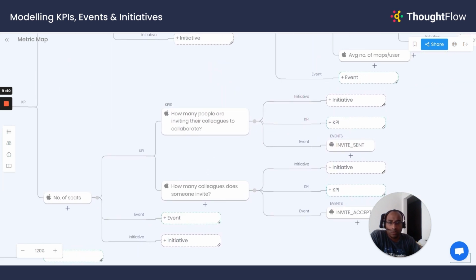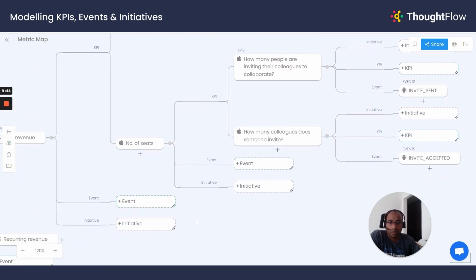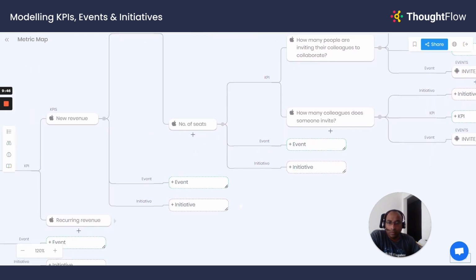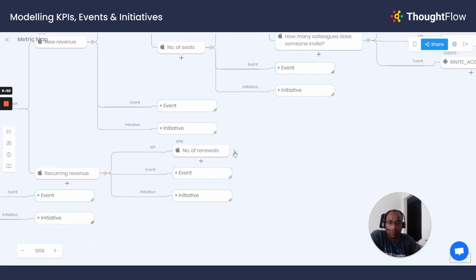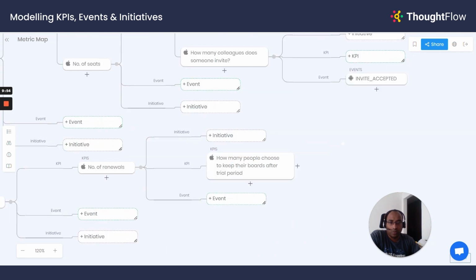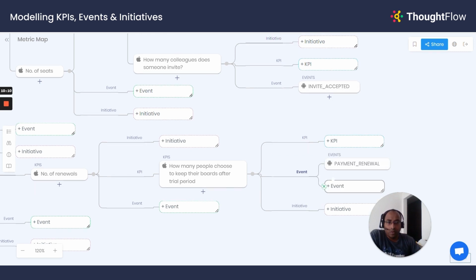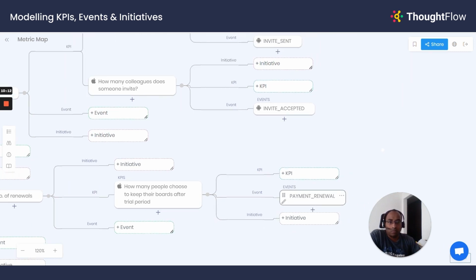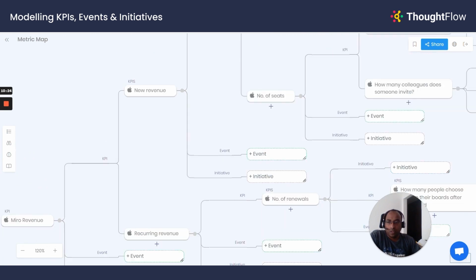So looks good. So I want to track events. I've got some events. Now for recurring revenue, number of renewals. Now we got some events that say, this is what we need to track to measure our KPIs. One thing I can do,